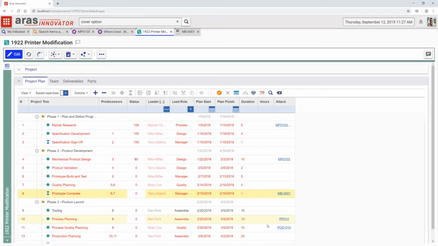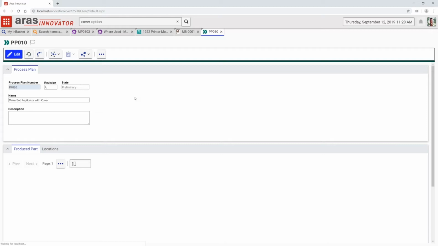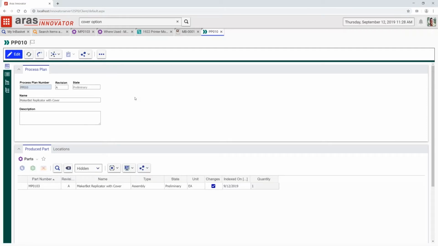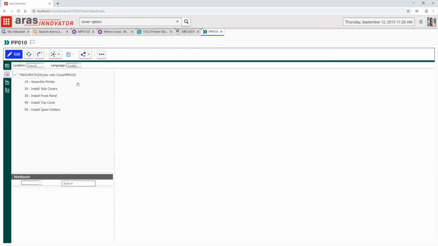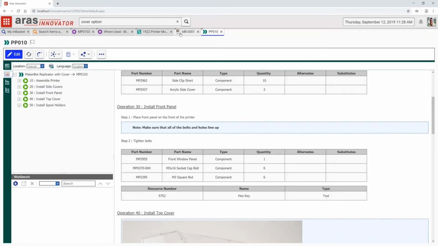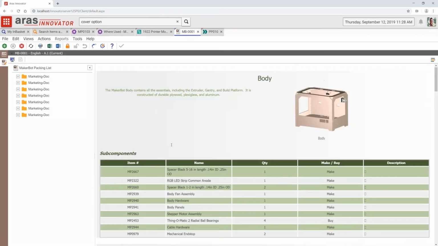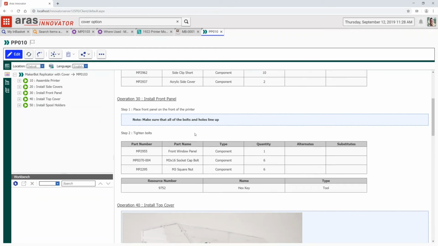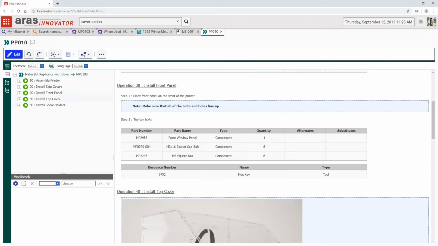And if I go back to the project, I might have a process plan for that. So different organizations, different departments leveraging this same information. If you look here, our process plan actually uses the same technology to create the structured document as our technical document. So this is all leveraging the services in the platform, going back to that single source of truth, the item, and building information about it.